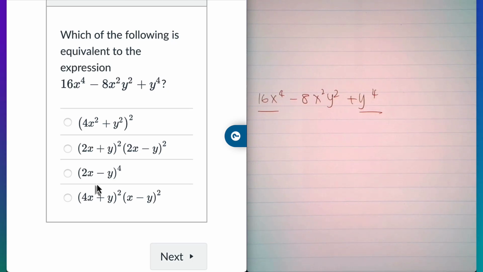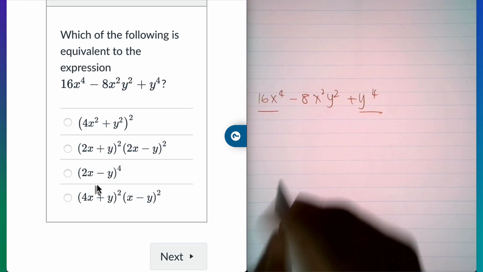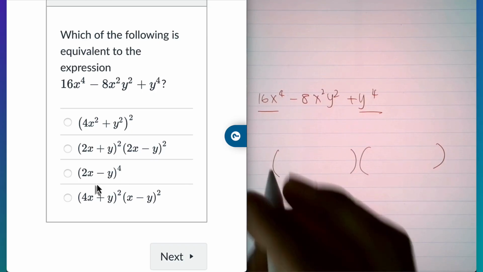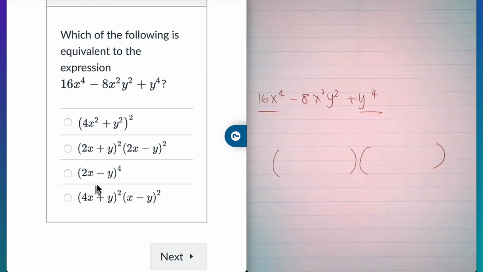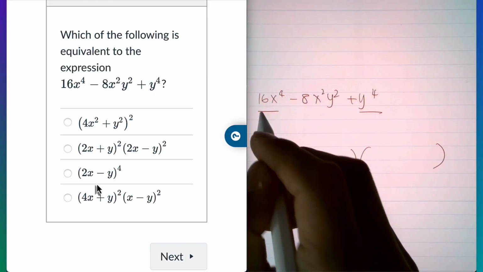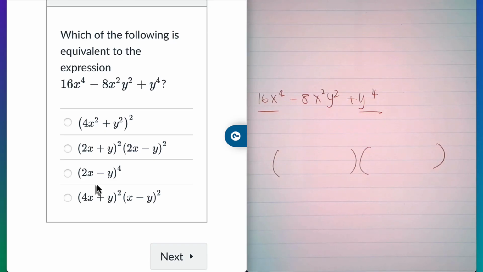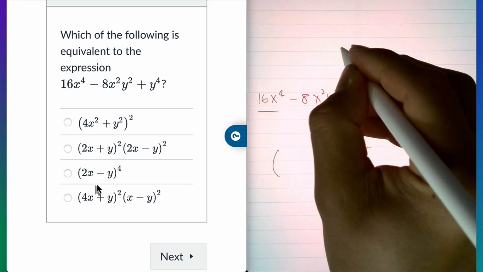y to the fourth power can be square rooted, which means that we can get the perfect square form, or it's not really a perfect square, but something that looks like a perfect square. So for us to get there, you're going to have to square root each of the first and the last term here. When you square root the